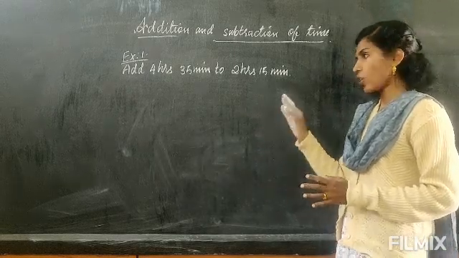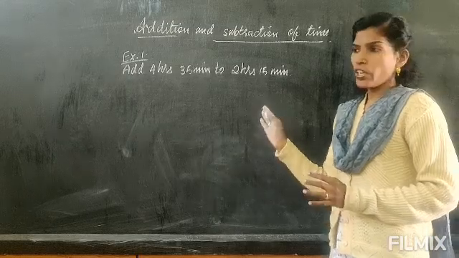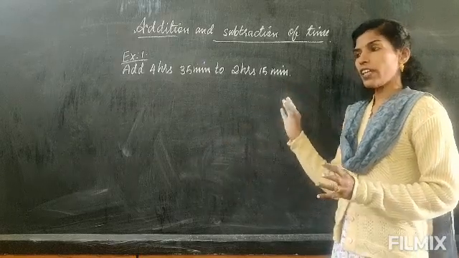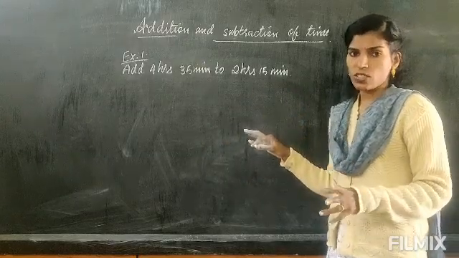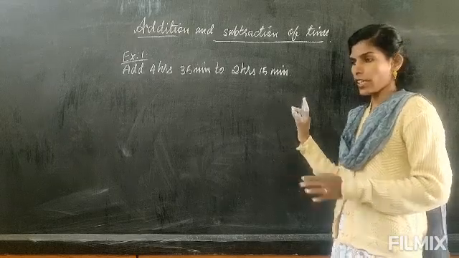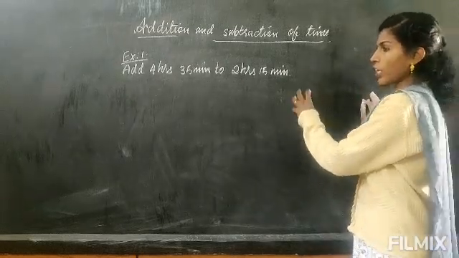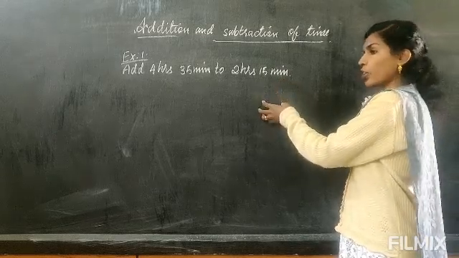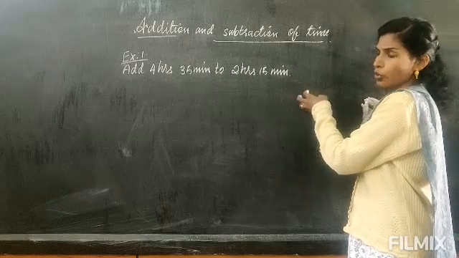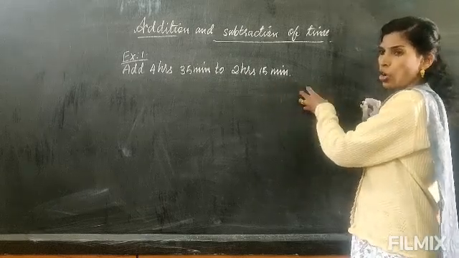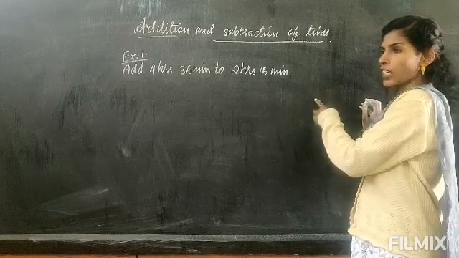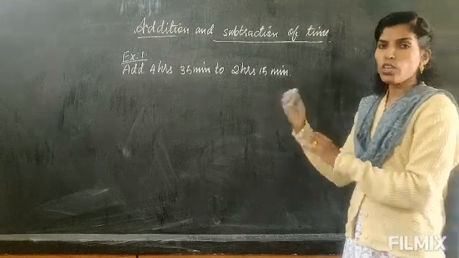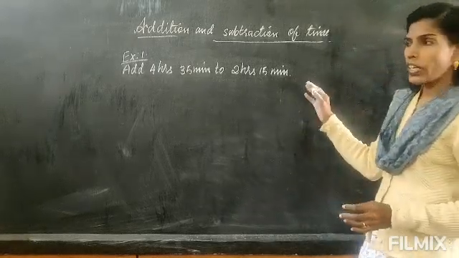But when you add, this is the ordinary way of adding. But when you are carrying over, you will be carrying or borrowing 60 always. From seconds, when you carry, you will carry 60, not 10. And the same way if you are borrowing, you will borrow from minutes only. So when you borrow from minutes, 1 minute you are borrowing. But when it comes to the seconds, 1 minute equals 60 seconds. So it will become 60 seconds. So you will borrow and you will carry over 60. So when I do it, then you will know.